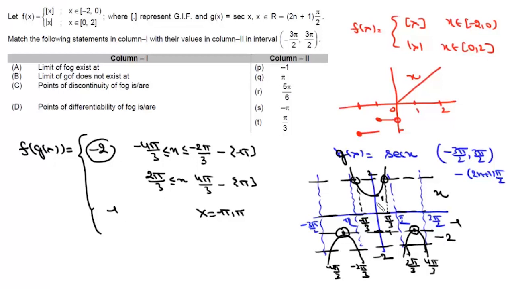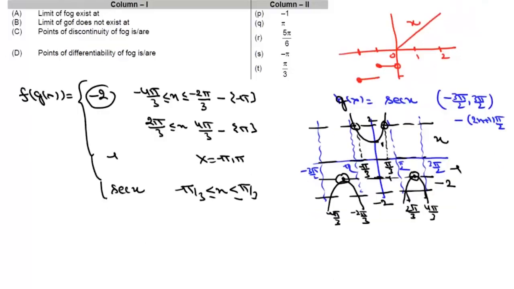And then when x lies between minus pi by 3 to plus pi by 3, both included, this is x. So it will be this secant x. If we draw the graph of f of g of x, it will be,